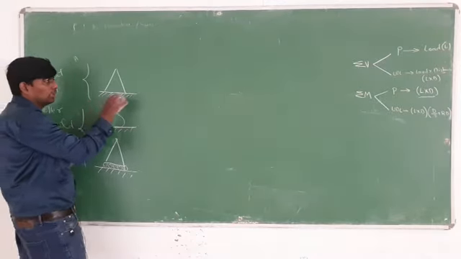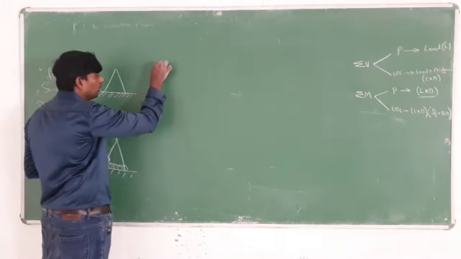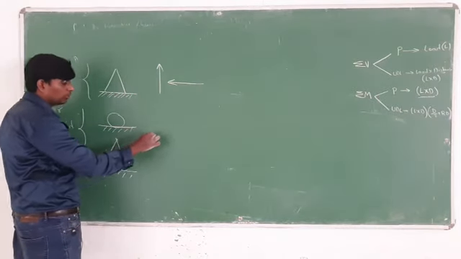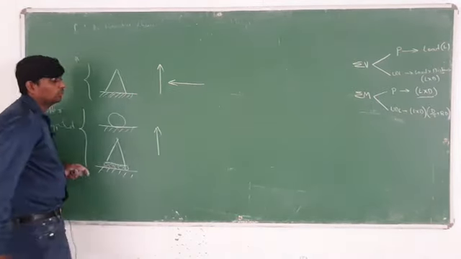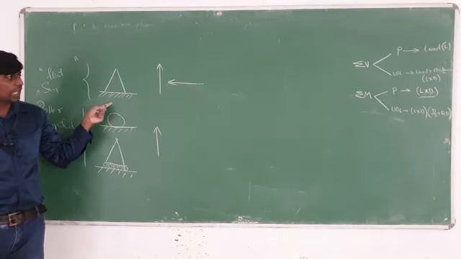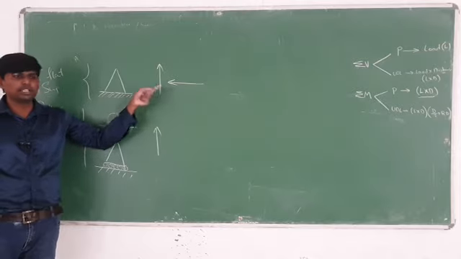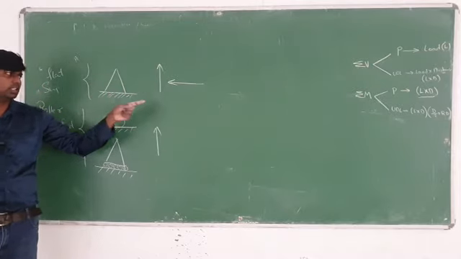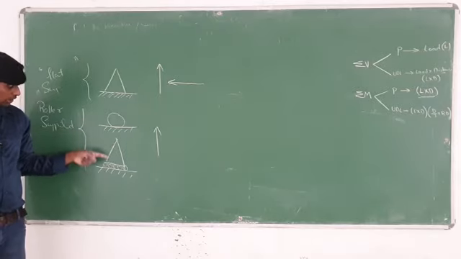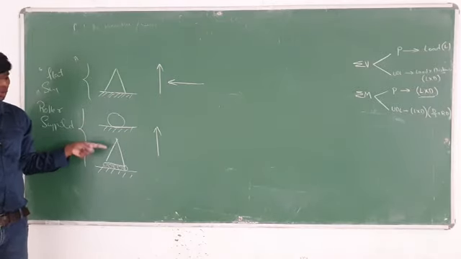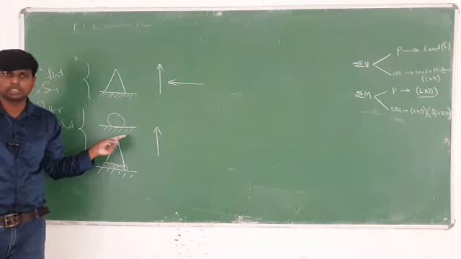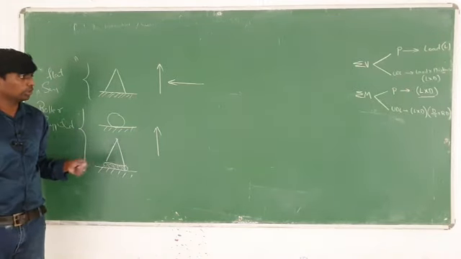Whenever a flat support is there, you have to take the vertical as well as the horizontal reaction, in any direction, this direction or this direction, it's up to you. If a roller support is there, you only have to take the vertical. These two are the symbols for the roller support. Whenever a roller support is there, you have to take it like this. You have to remember this one.